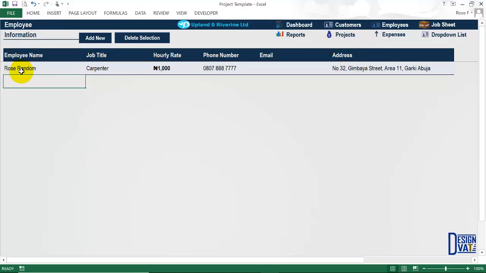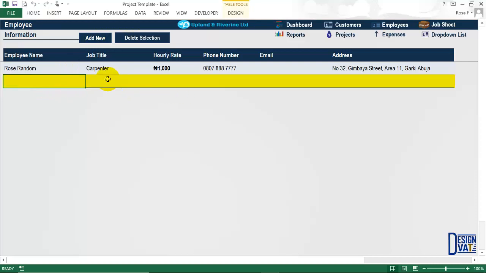Now to add a new employee, you simply click the Add New button, and as you click on it, you notice Excel will automatically insert a blank new row beneath the last row. So notice as I click the Add New button, we have a new row inserted, and you notice that the border at the bottom moves down, and Excel automatically highlights the first field. So now I can repeat the process by entering the employee name,